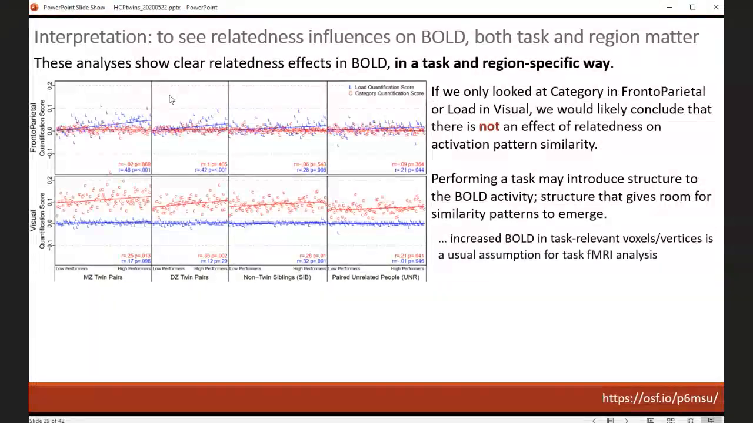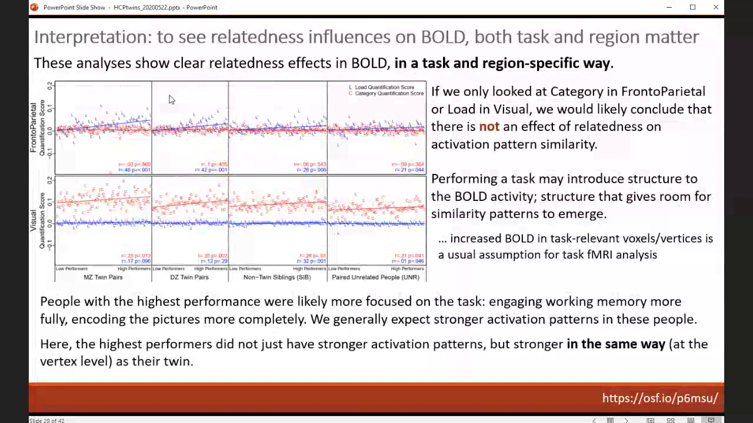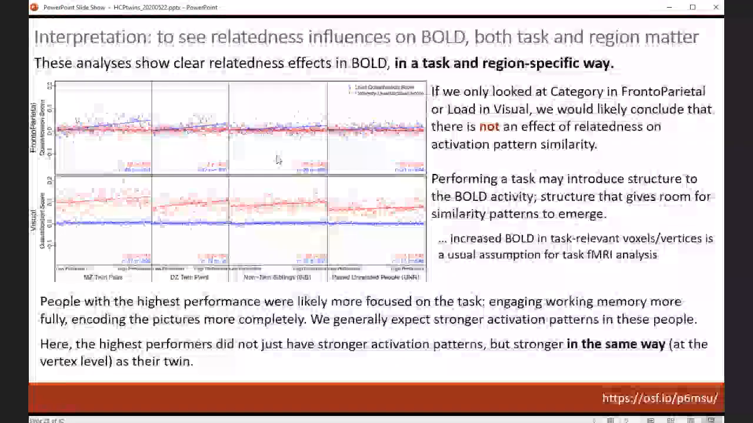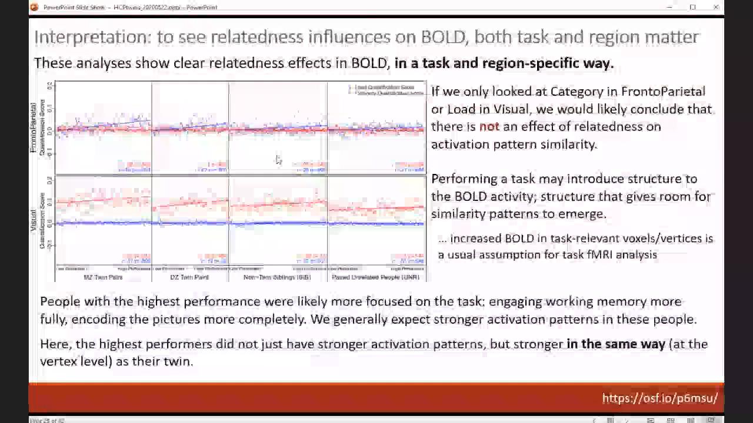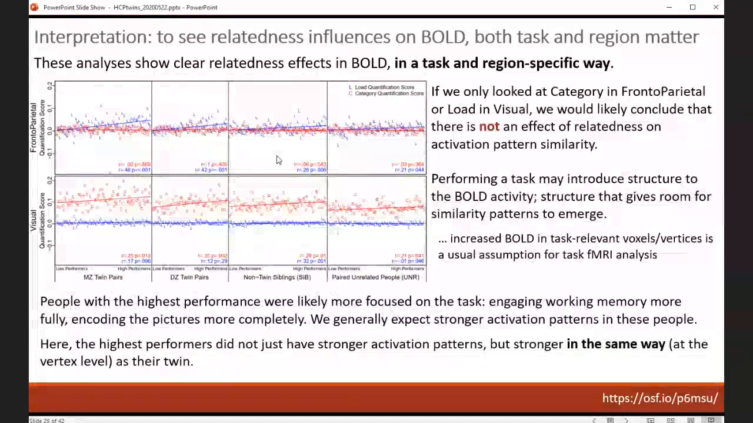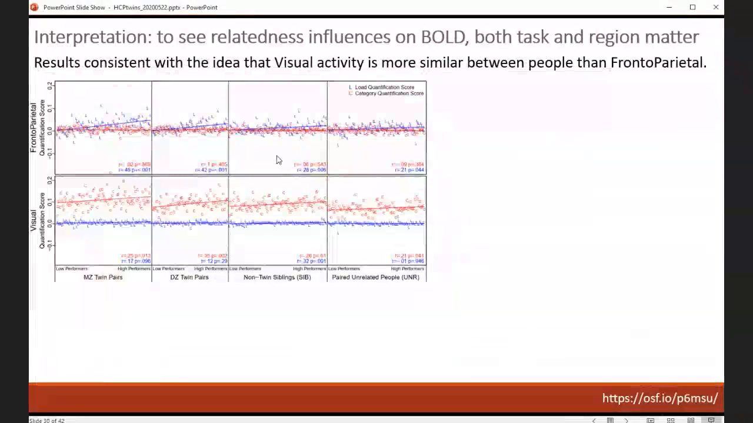And that's kind of a normal assumption. This is kind of why we think that to do the task well, you have to be paying attention to it, and we would hope that would make stronger activity patterns. But in this case, these stronger activity patterns in the highest performing people weren't just stronger to themselves, they were stronger in the same way at the vertex level as their twin was. So that's pretty cool. And this is what Bergelow was saying, that it's consistent with the idea that the visual